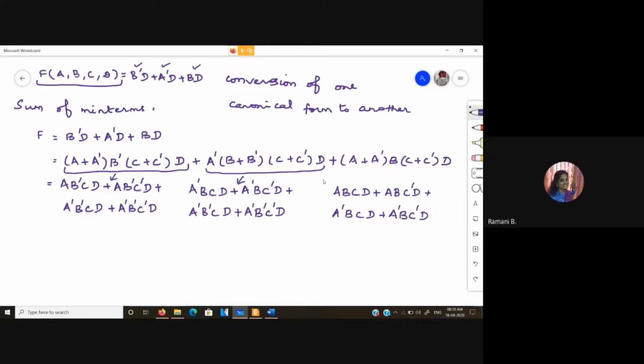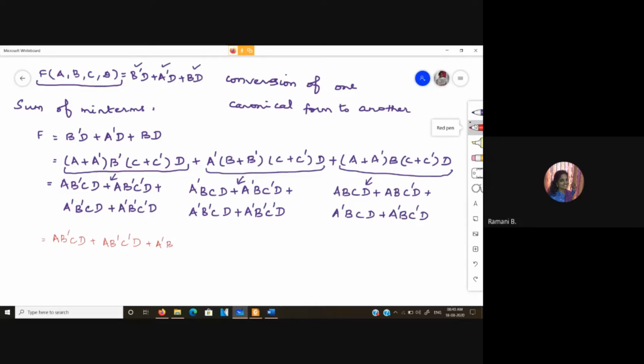Now we need to check for redundant terms. The first expression is a b bar c d. With a b bar c d we don't have a repetition. Then a b bar c bar d, that also we don't have any repetitions.